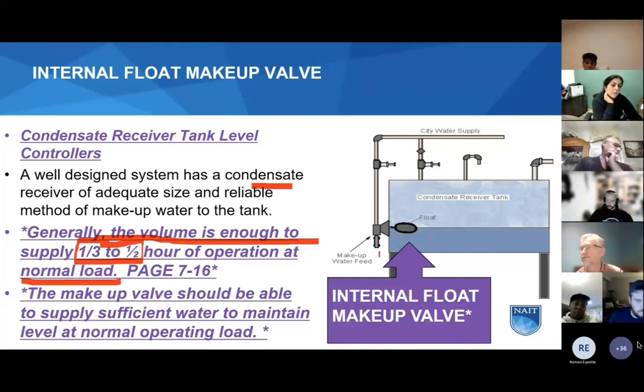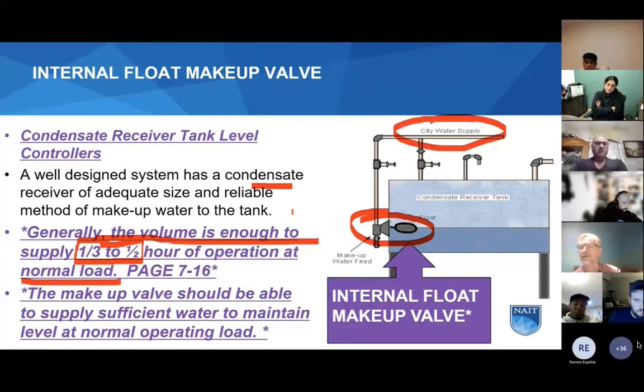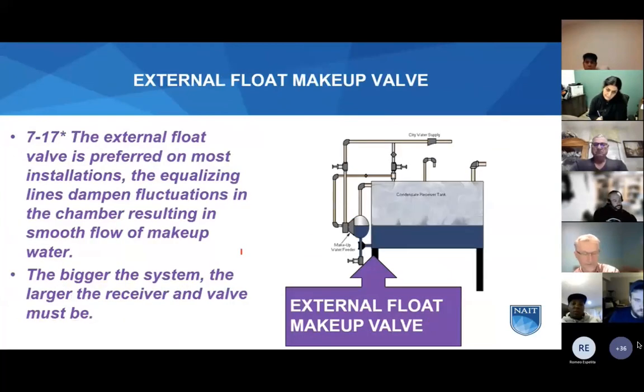And the makeup valve, so if our condensate doesn't keep up, we need to open this makeup water valve, which is the city water supply. It should be able to maintain enough of a level to keep operating at normal